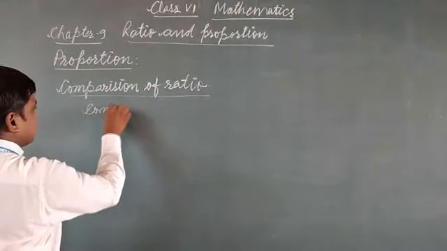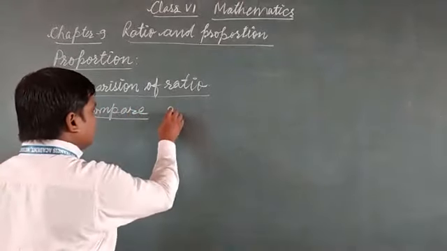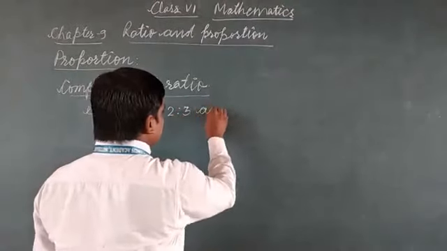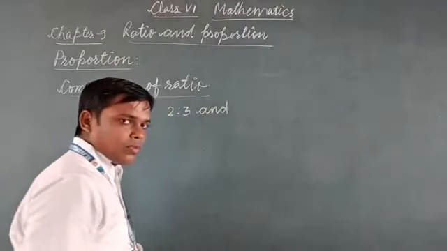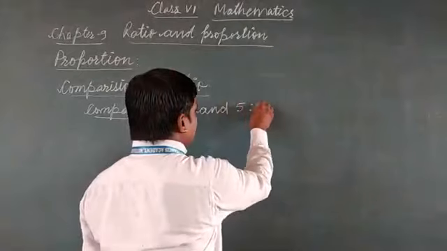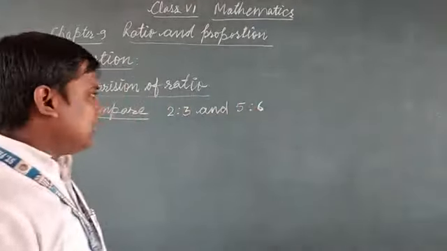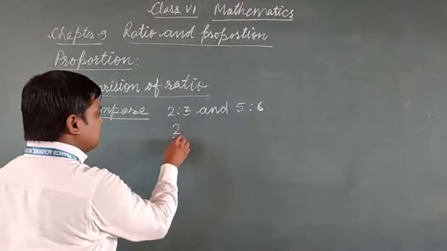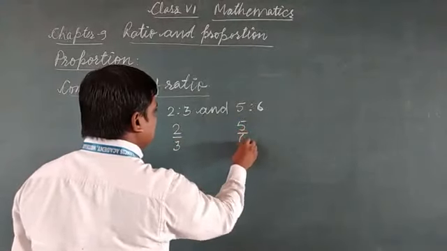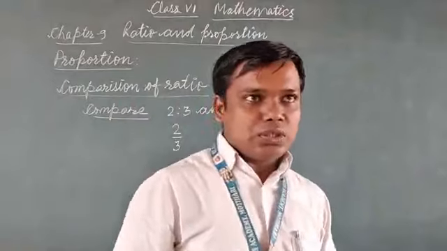Compare 2 is to 3 and 5 is to 6. We can write 2 is to 3 as 2 by 3 and 5 is to 6 as 5 by 6. Now you remember